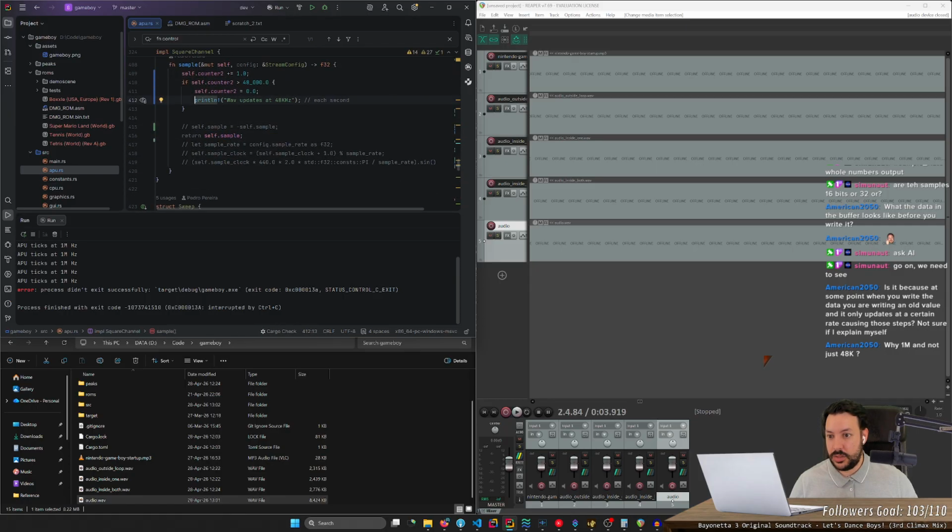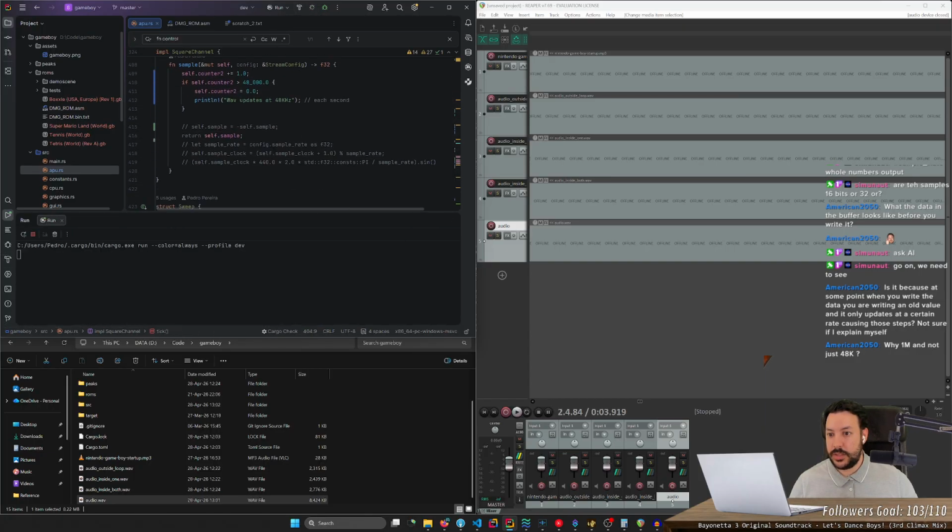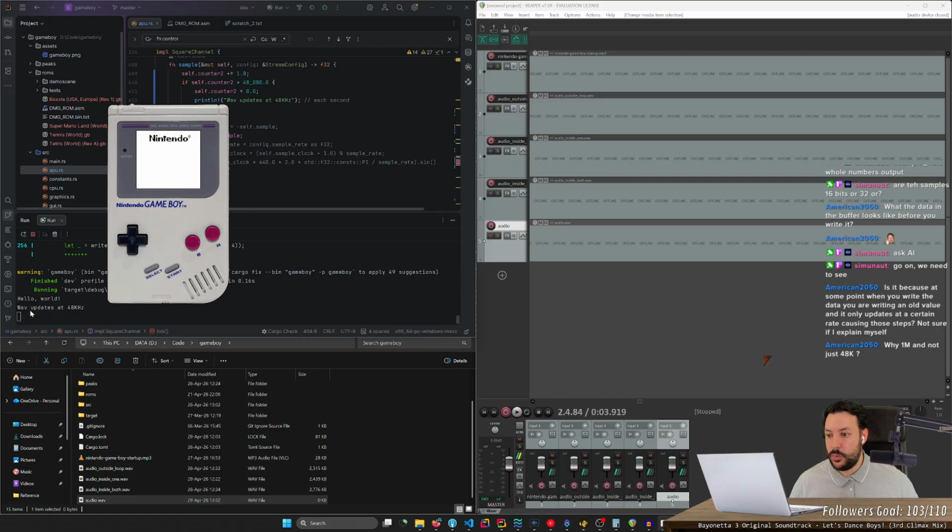So I'm just gonna do this here. We should get a different log saying wave updates at 48 kilohertz. Okay, so we are getting a log into the console.